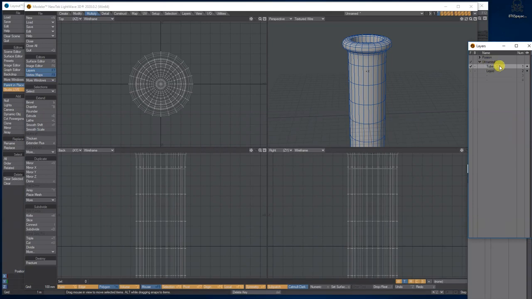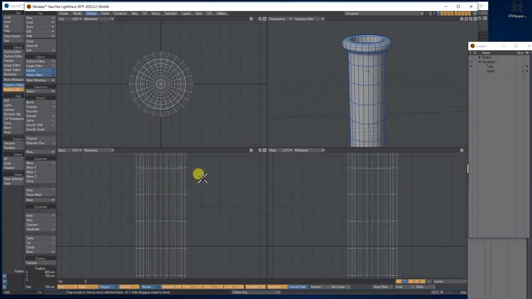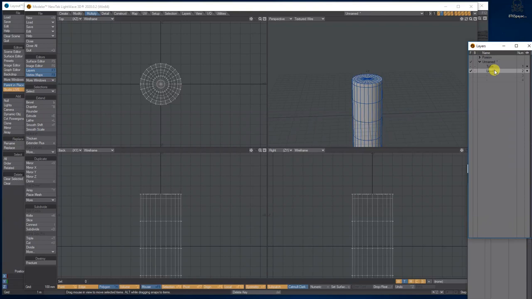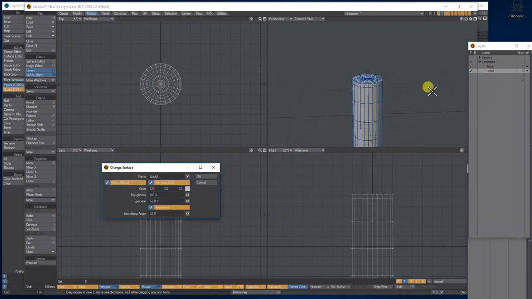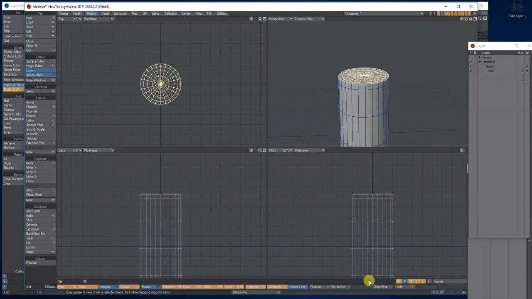While we're on the tube, Set Surface, we're just going to call it tube, and with the liquid, call it liquid. What I have also done is lasso and select the top polys, not the side one there actually, just the top like so. Give it its own surface name.